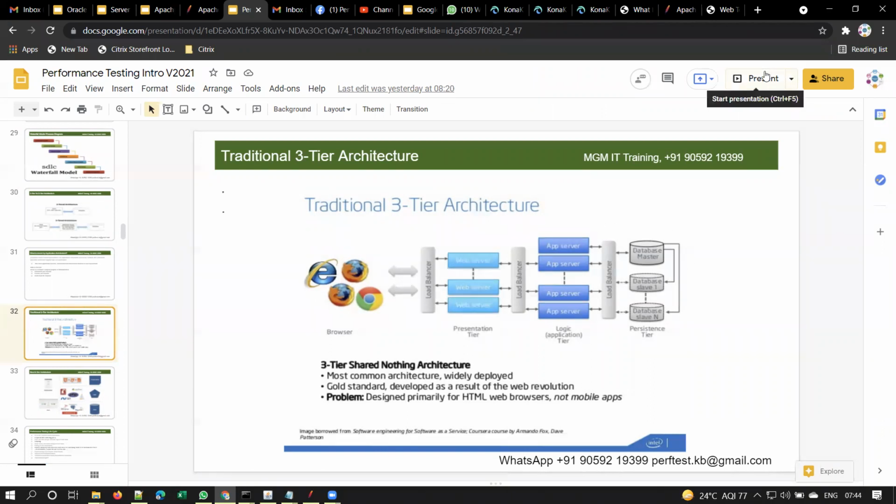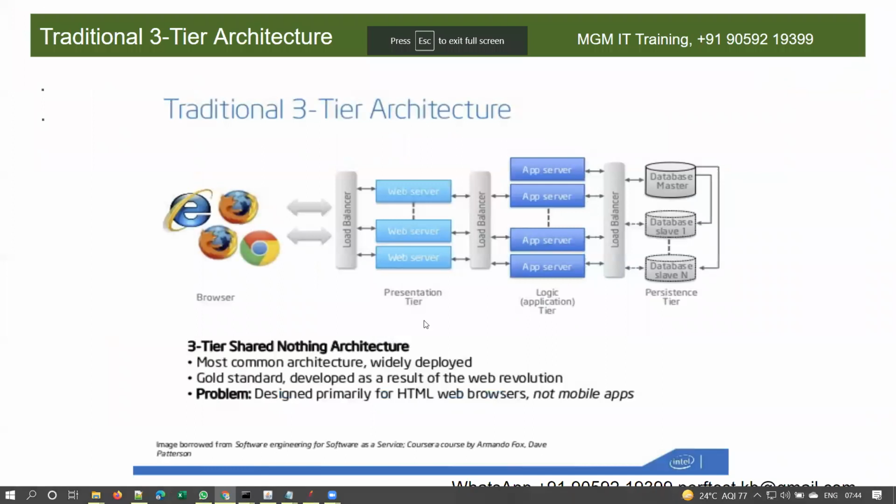Let me maximize this. So your request will first go to the web server. If the request is for a static page, it will be served by the web server itself.